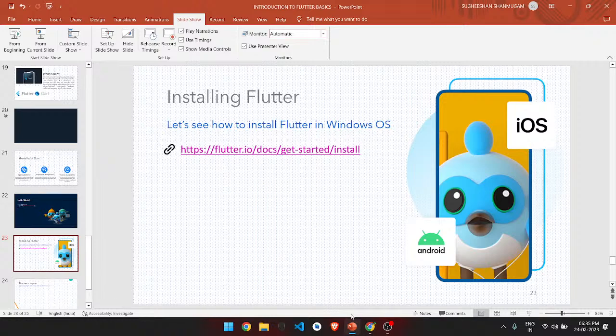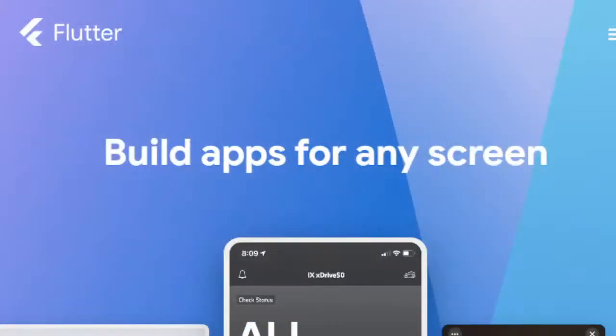There are community pages that are led by the Flutter team to showcase their functionalities. So this is the Flutter developers' own page.